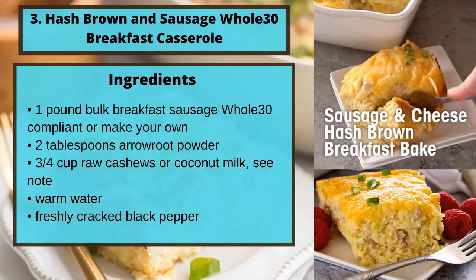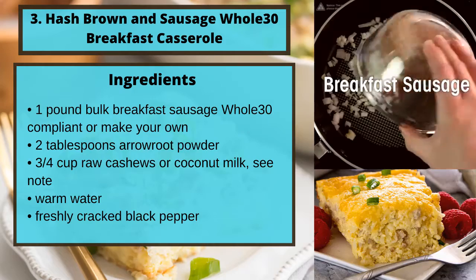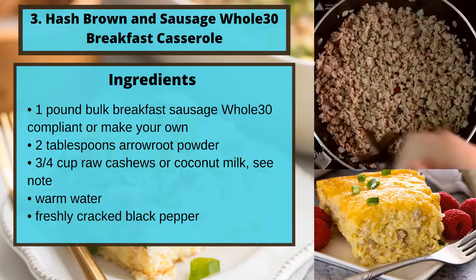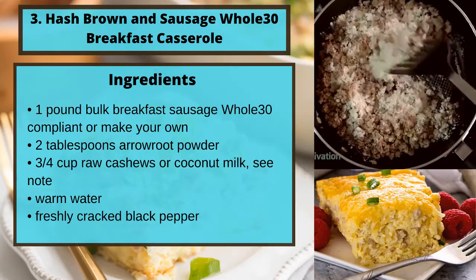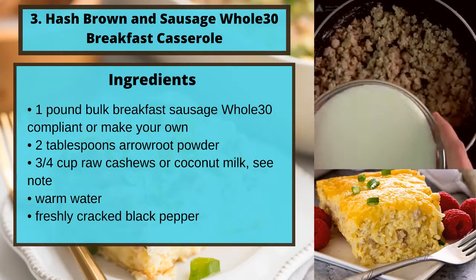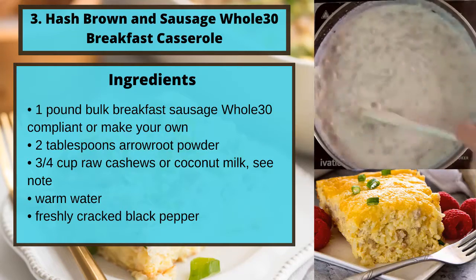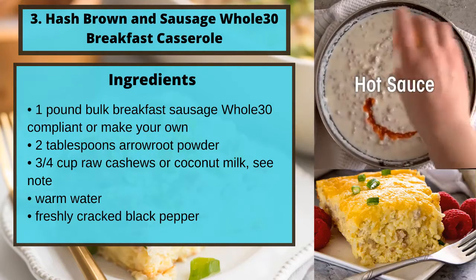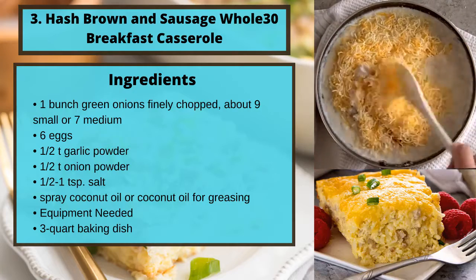3. Hash brown and sausage Whole30 breakfast casserole. Ingredients: 1 pound bulk breakfast sausage, Whole30 compliant or make your own, 2 tablespoons arrowroot powder, 3/4 cup raw cashews or coconut milk, see note, warm water, freshly cracked black pepper, 1 bunch green onions finely chopped, about 9 small